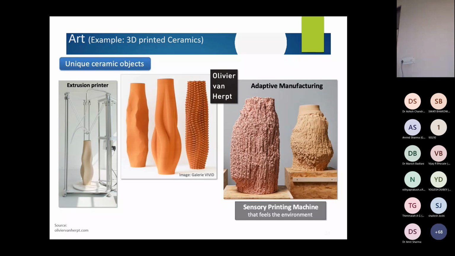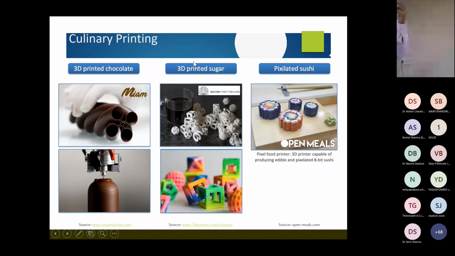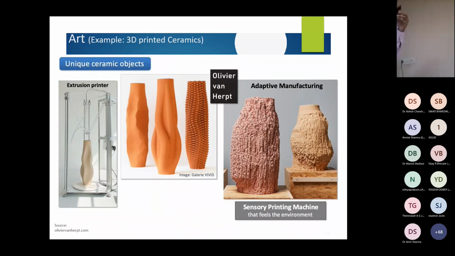Now artistic shapes. Extrusion printer is used. So we can produce the artistic objects, and that can be adaptive for manufacturing.